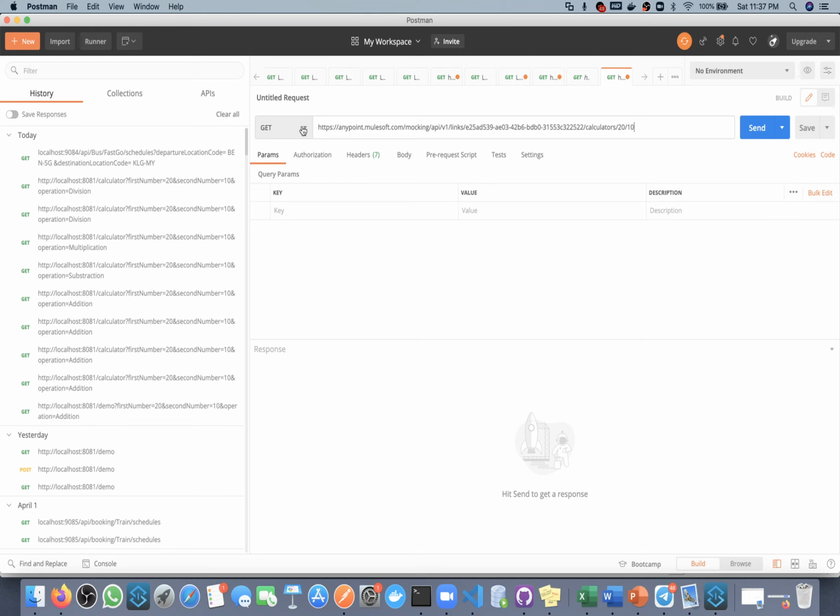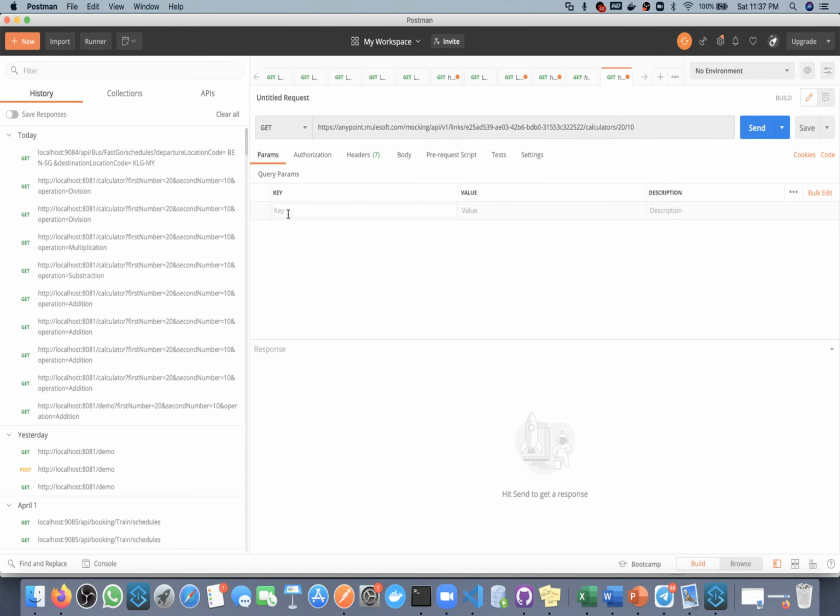Okay, so we are done with this URL part. So the URL will contain the transport, that is HTTPS, then host and port. Till this point we have host and port, then resource, and then URI parameter. After this the URL will contain query parameter also. We can write the query parameter here, or we can write it inside params.